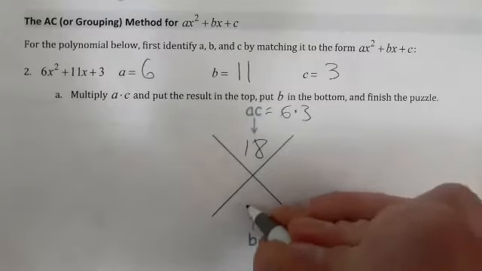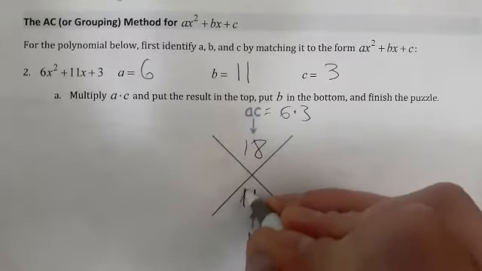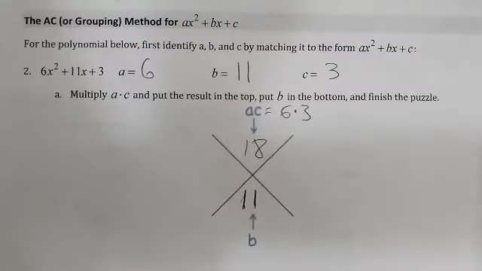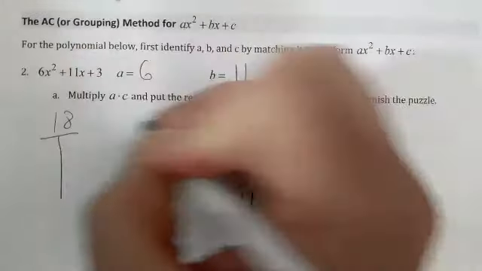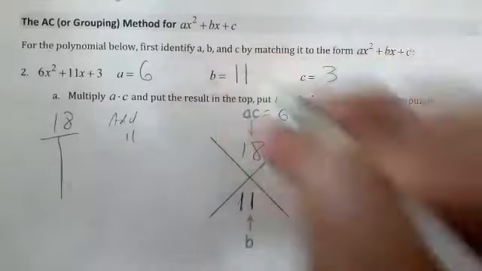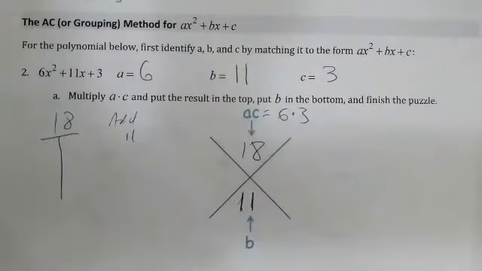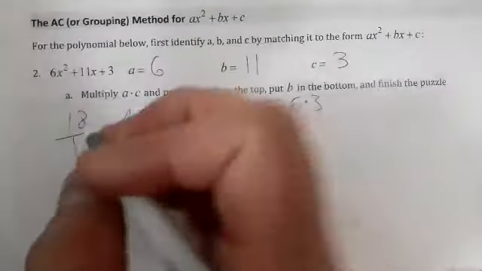And my b is the other thing here, positive 11. So now we're looking for two things. I don't like doing their little X thing. After they quit putting them on the paper, we'll even quit talking about them. But here's